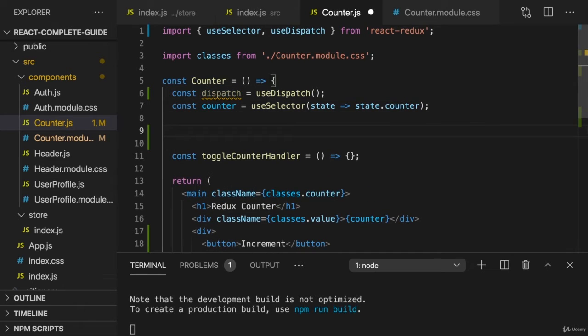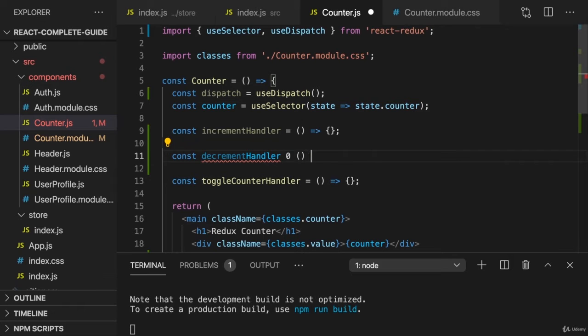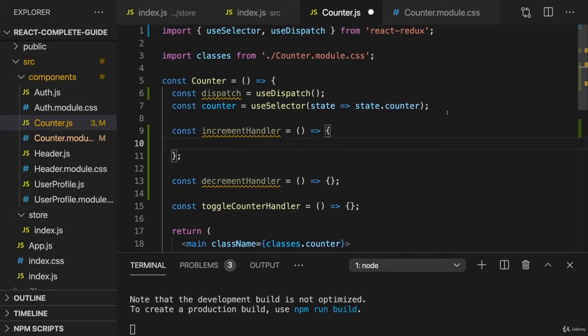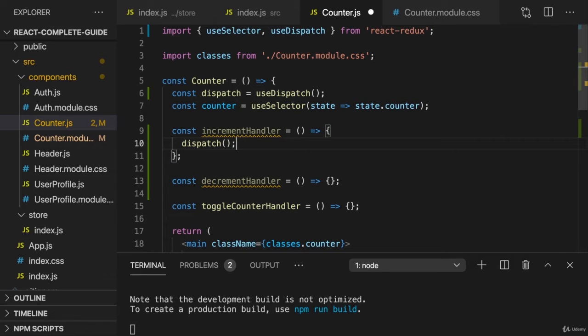So therefore now I'll add two new functions here in this counter component, the increment handler and the decrement handler. So two new functions which we'll wire up to the buttons. And in the increment handler, we want to use this dispatch function and execute it to dispatch a new action, and then do what we learned. An action is an object with a type property. So let's add such an object here as an argument to the dispatch function call,